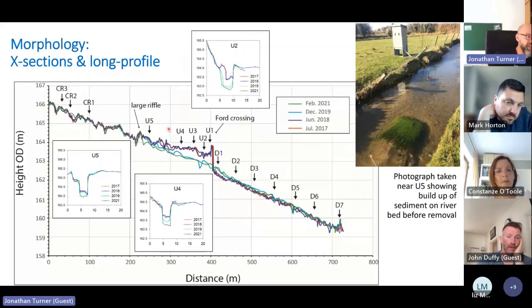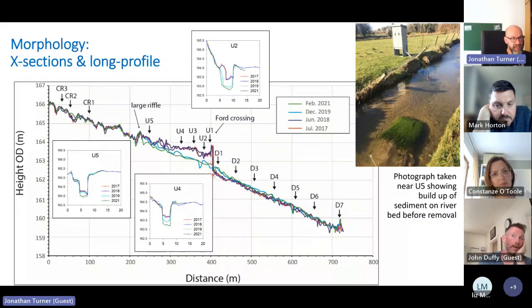When we look at the long section, this is looking at the profile of the river. This is the gradient of the river, including our control reach, which is located here, and then our upstream reach. This is where the barrier, the ford crossing, was located, and then we have the reaches immediately downstream. The arrows give an indication of where our cross sections were, and you can see the yellow,